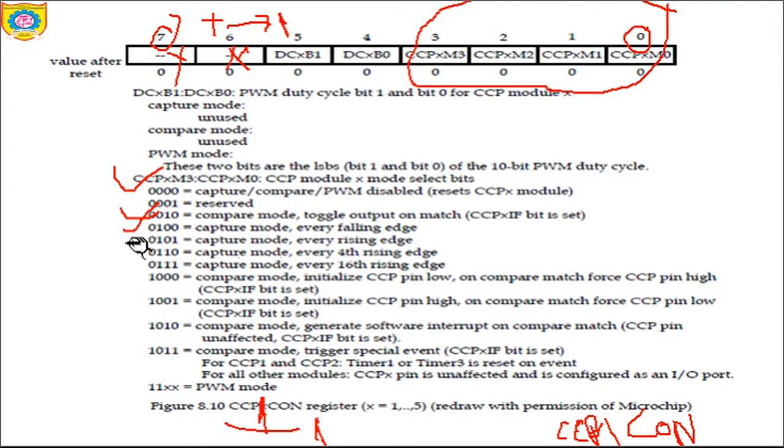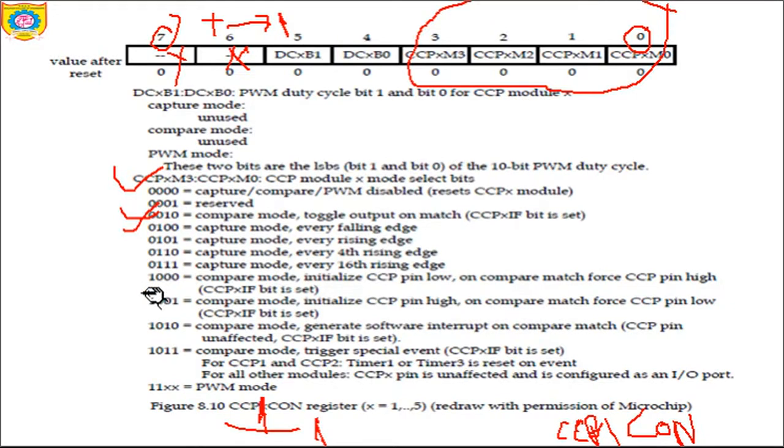If it is 0101, it is a capture mode on every rising edge. If it is 0110, it is a capture mode on every fourth rising edge. If it is 0111, it is a capture mode on every 16th rising edge.